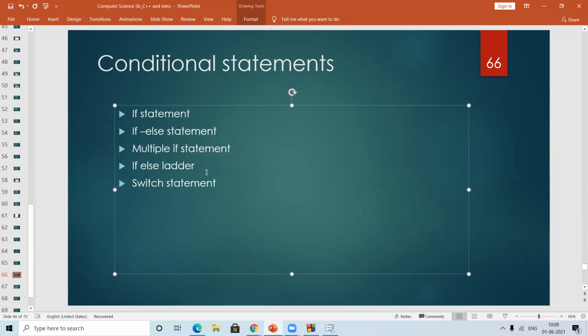One more is remaining over here, that is nested if else. Anyone knows about the nested if else statement?